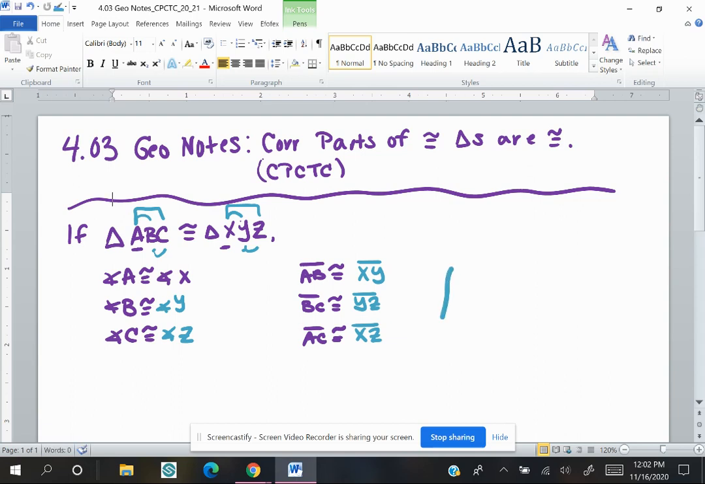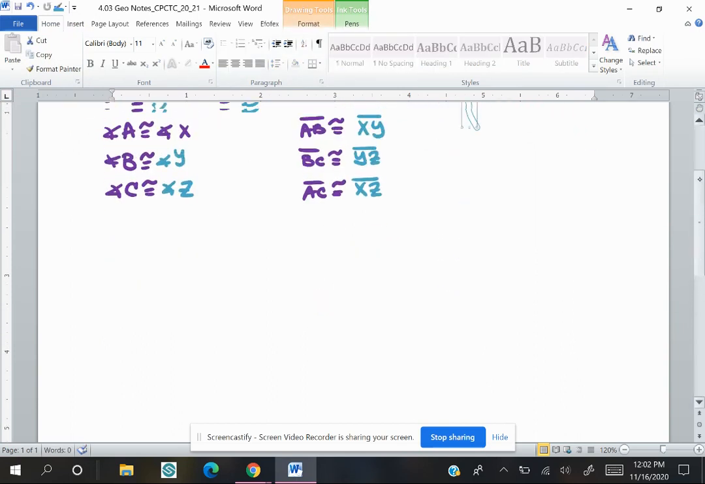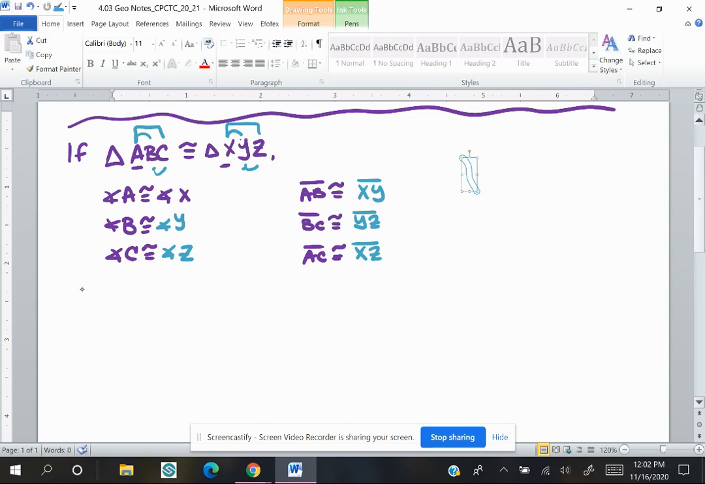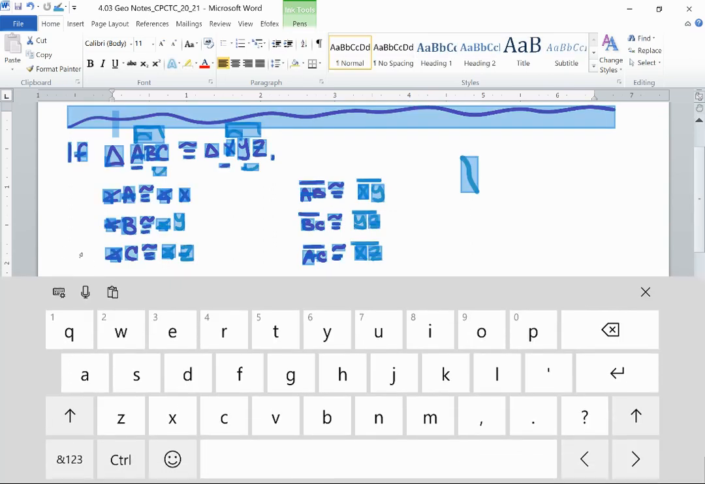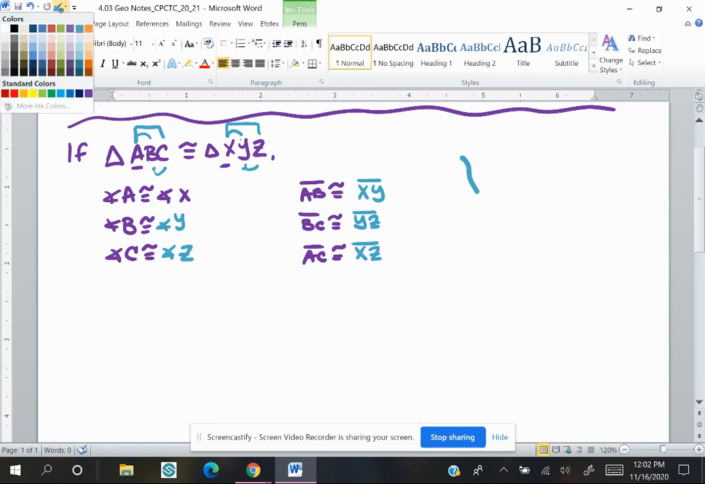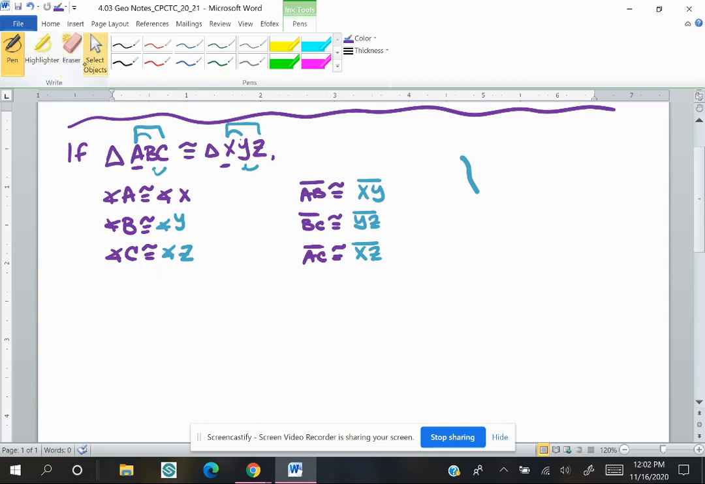So this is, oops, can't do that in Word. Okay, we're just going to move that. So this is all, I'm sorry. Here we go. There's my little toolbar. So this is all by definition